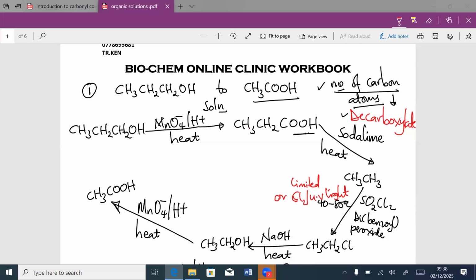Now here, I was intending to reduce the number of carbon atoms because here we have 3 carbon atoms, and here I'm having 2 carbon atoms. So the only way I could do that is to make a carboxylic acid. From an alcohol to a carboxylic acid, what do I use? An oxidizing agent. The common oxidizing agent is manganate 7, potassium permanganate in the presence of an acid, and we heat,